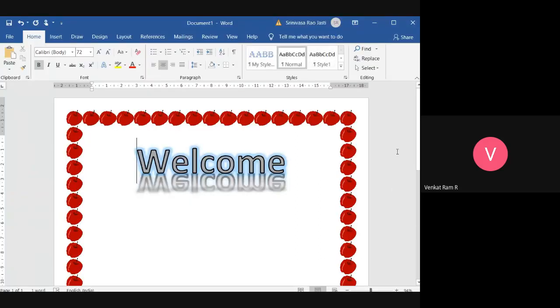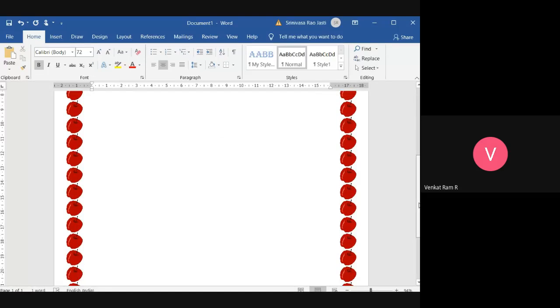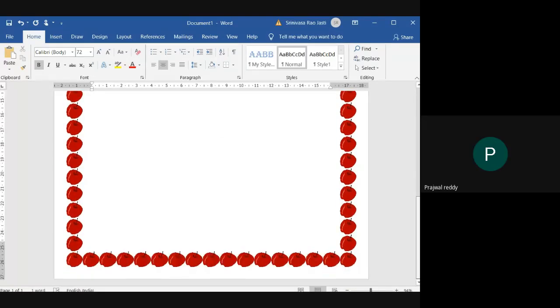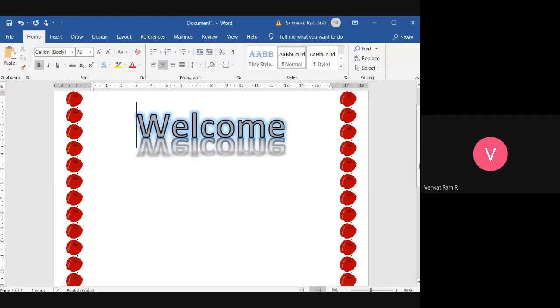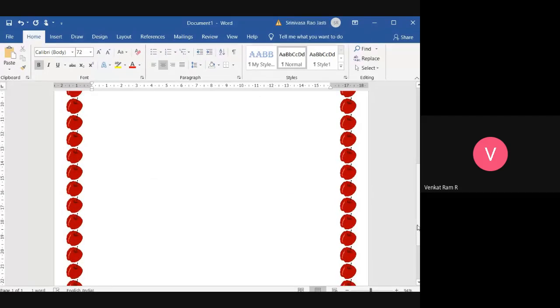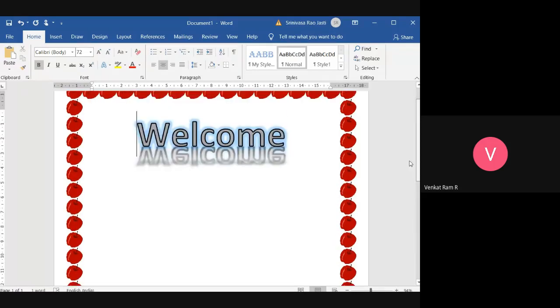Okay, sir. Any more doubts in print? Sir? Yes, ma'am. You said in one page, 3 pages will print, no, sir? Yes, ma'am. Sir, the letters will decrease, sir? Yes, obviously the font size will be decreased. Okay. If you are going for multiple pages in one paper, obviously your font size will be decreased. You can't get a big font size like how we are seeing now. Automatically the font size will be decreased. Okay, anyone else?